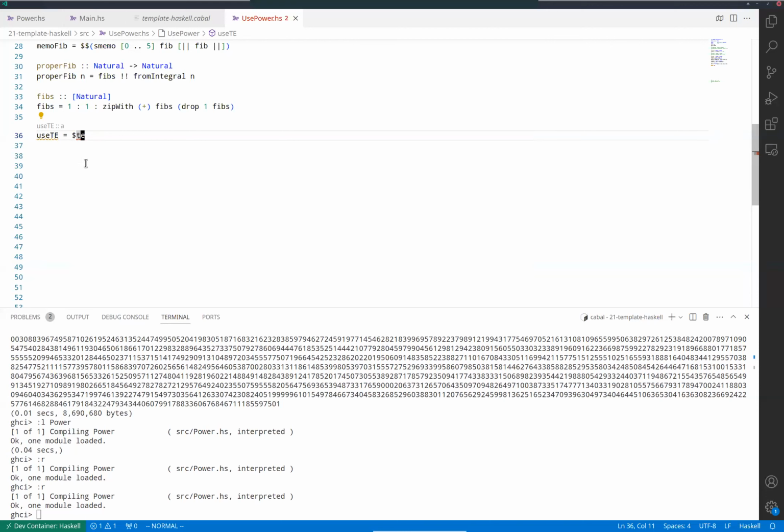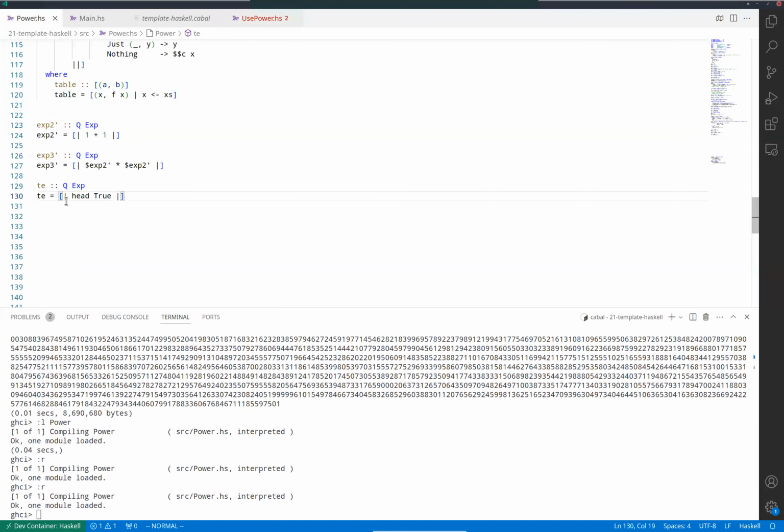I mean, we still can't make a mistake. I mean, we still can't write invalid Haskell. But it gets caught only when I splice it, not when I define it. Whereas if I use this, I mean, if I showed that before this, but if I try it again,